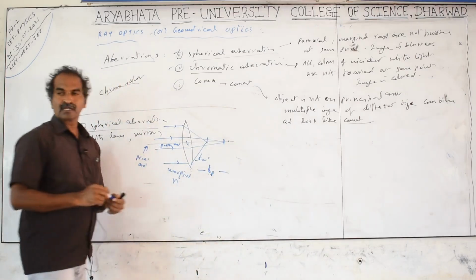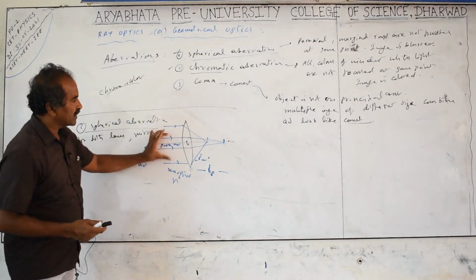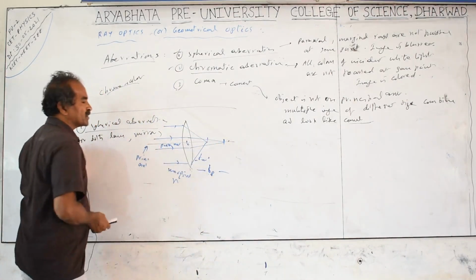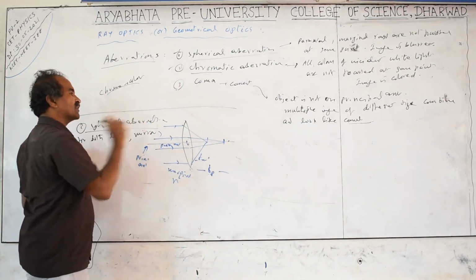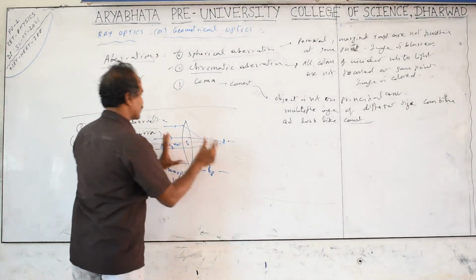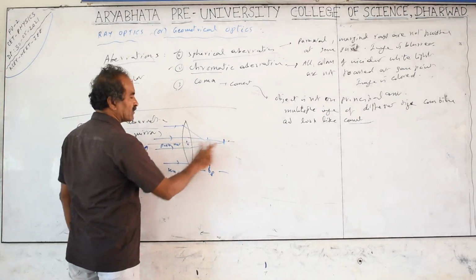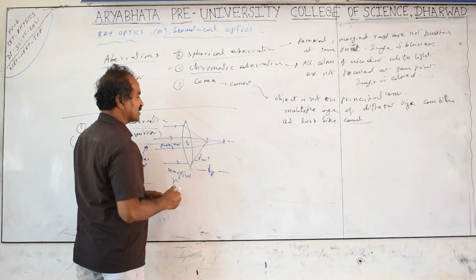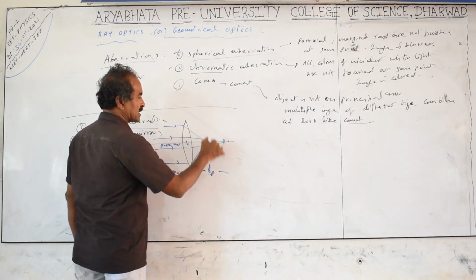That means all light rays are not focused. In between, many light rays are there. That means the image is formed because of these rays. If light rays come from a distant object and you focus the lens onto a white screen, you will not get one image, you will see multiple images. So no image is clear. So we take the average image in between, that is called the circle of least confusion.